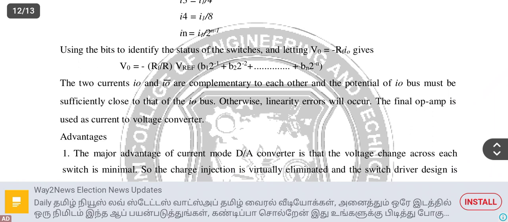Here the final equation: V0 is equal to minus RF by R into V reference into (B1 2 to the power of minus 1 plus B2 2 to the power of minus 2 plus up to Bn 2 to the